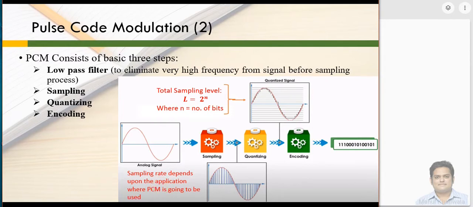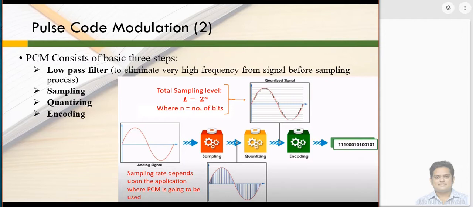If you are talking about a simple compact disc, you will find that the sampling rate is much lower, generally around 16,000 hertz. That means within 1 second I am taking 16,000 different samples of a given input signal.